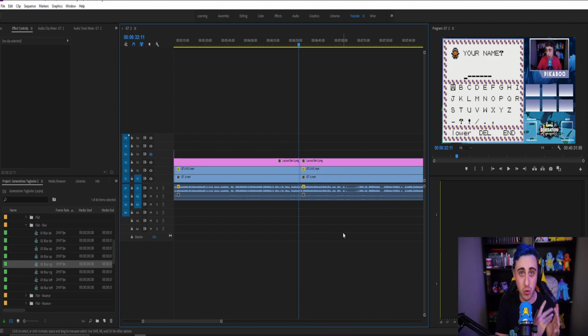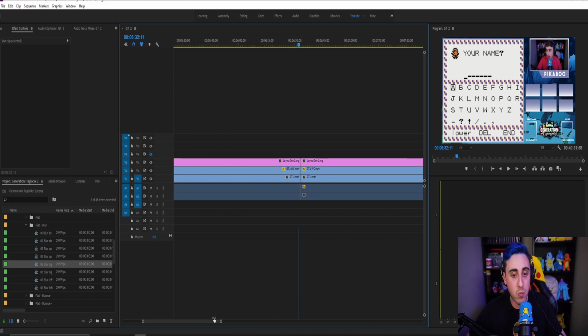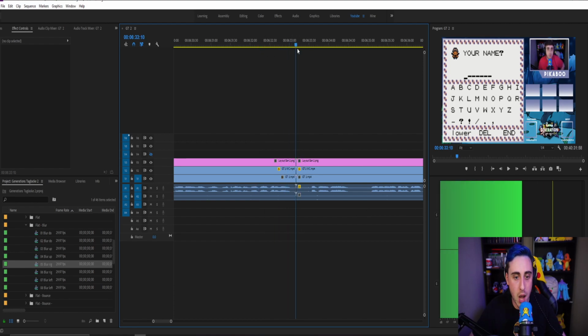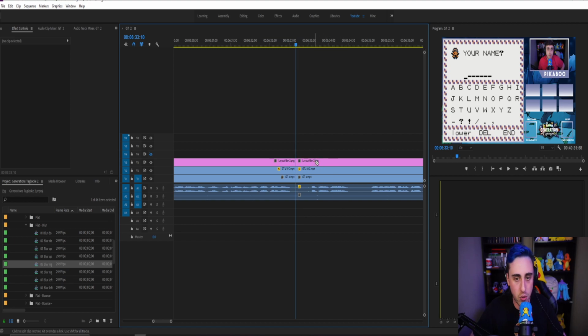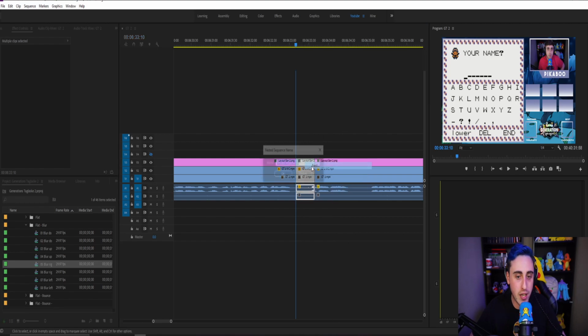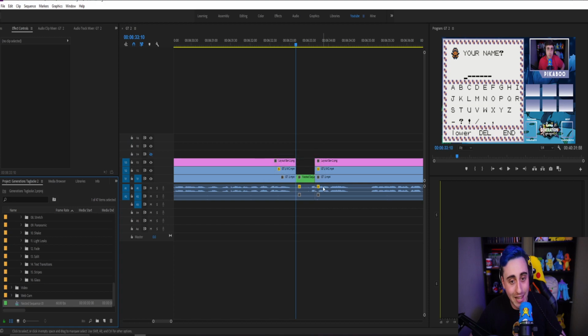And I wouldn't be able to do a really cool thing called nesting. Say I wanted to zoom in on me talking, just have a little zoom in on me talking. I would take from this cut, and then maybe from this cut right here. And then we can do what's called nesting. So if we highlight those tracks and then go into nest and make it a nested sequence,